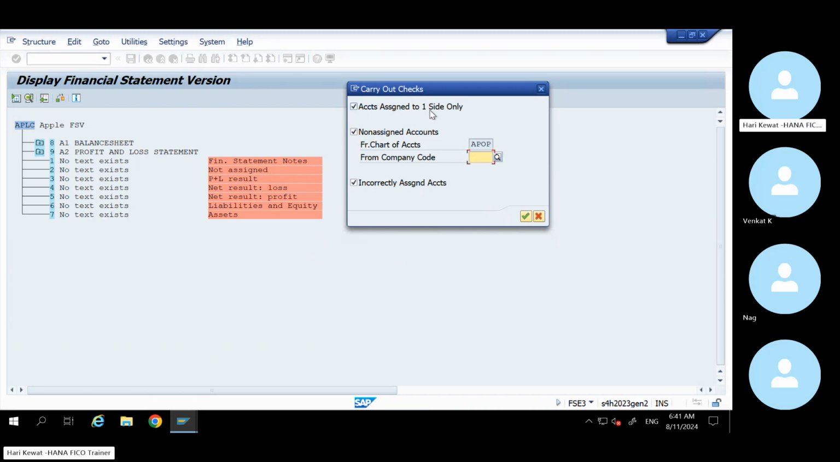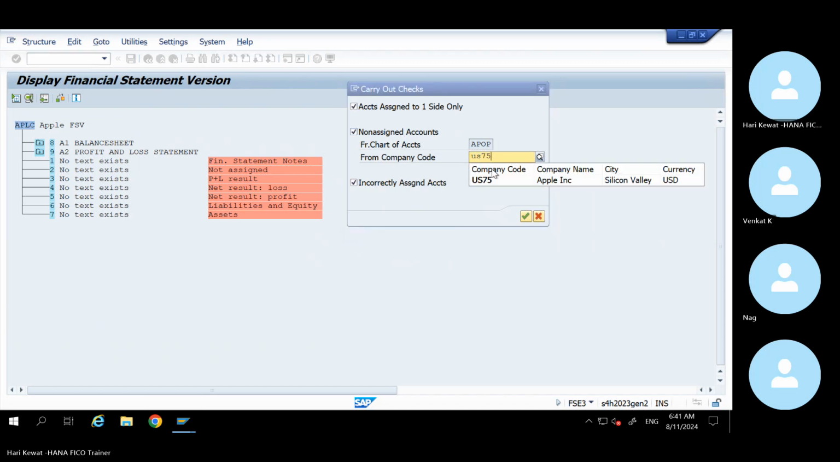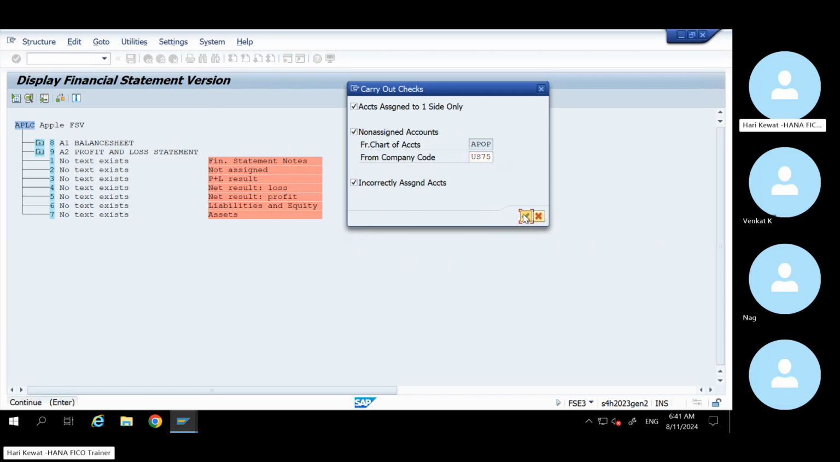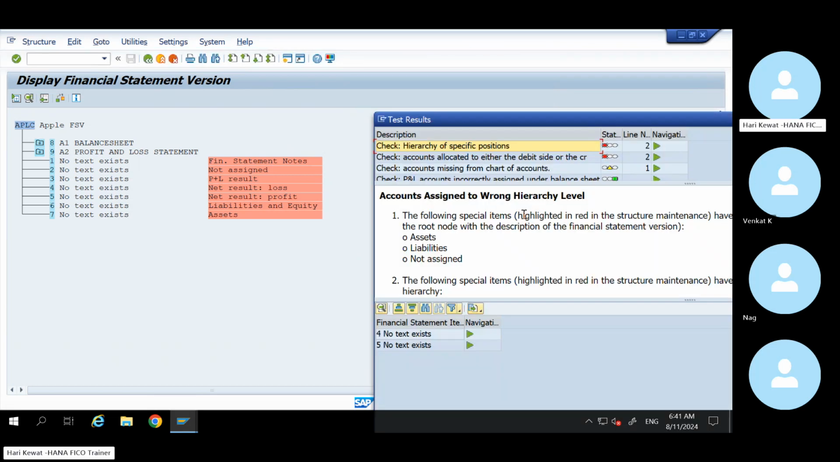See, whether an account is assigned to one side only. If any GL you have mapped only on the debit side or only on the credit side, then you can check. If any GL is not assigned, you can easily check here. So this functionality you must know. Run it. If anything is missing, you'll easily get to know. See here,